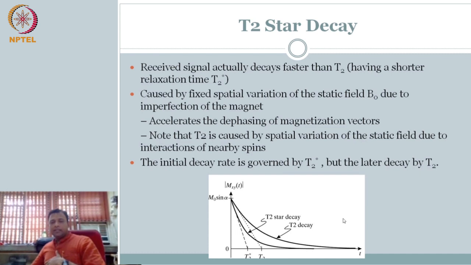Okay, so why is this important to study? This is important to study because the initial rapid drop happens due to T2 star, and you don't have control over it. It's the magnet that you are using, the magnetic field that you are generating. Whereas T2, you see, retains the signal for much more duration. So perhaps if you want to play this game multiple times, it will be prudent that T2 is much greater than T2 star, and therefore you may have some cushion in pushing, getting the signal, allowing it to decay, measuring it again. Easiest way is I allow everything to come to equilibrium, push it to the floor, measure T2.